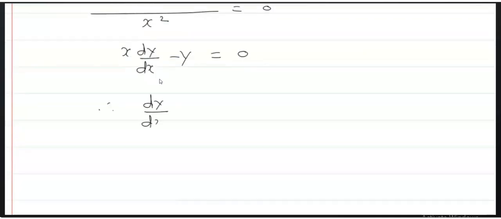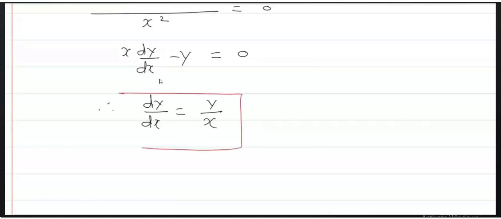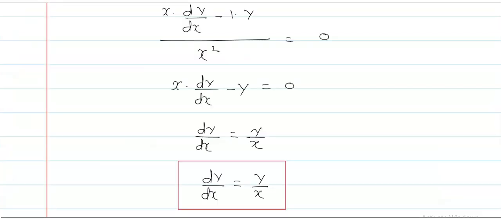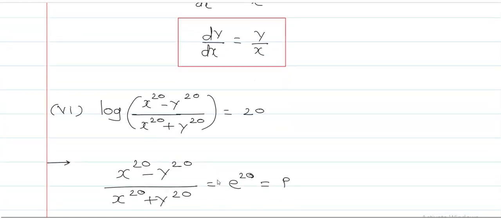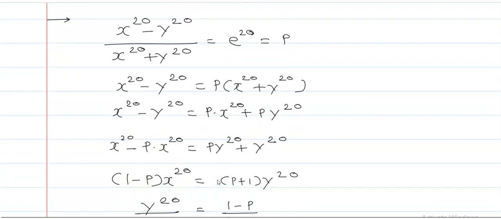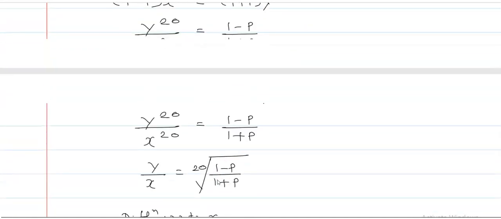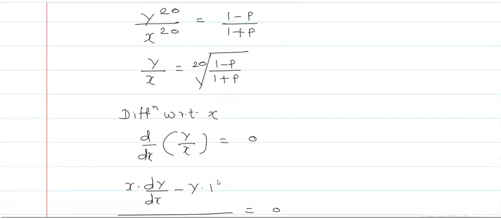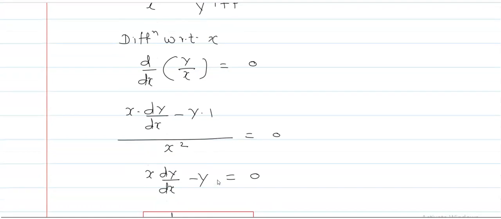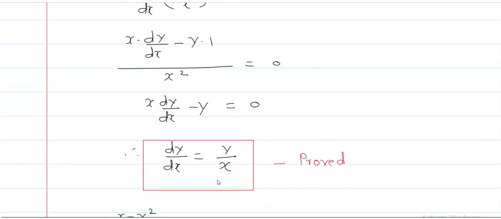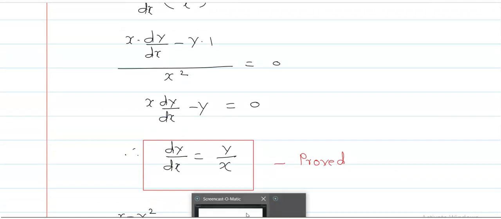Therefore dy by dx is equal to y upon x. Hence this is proved. Now the next is